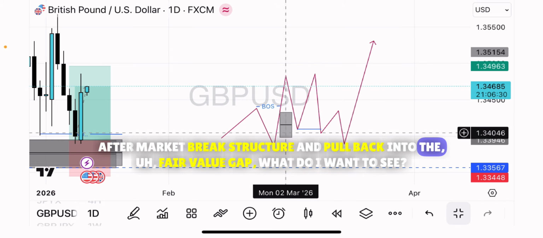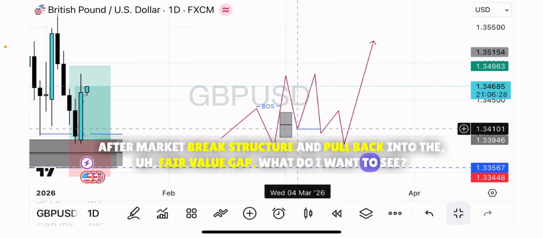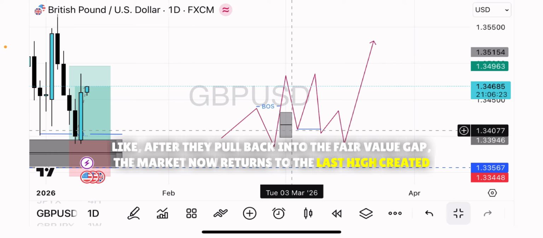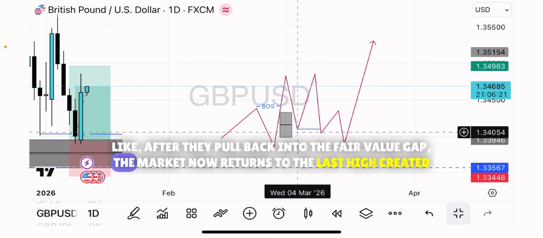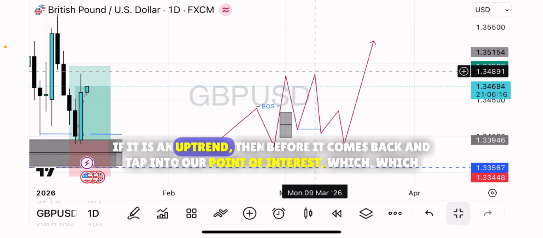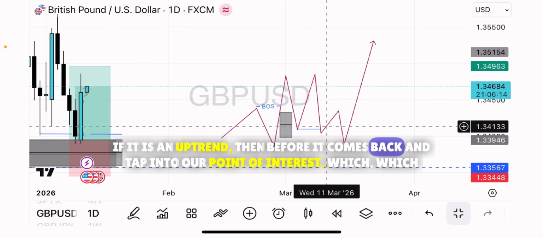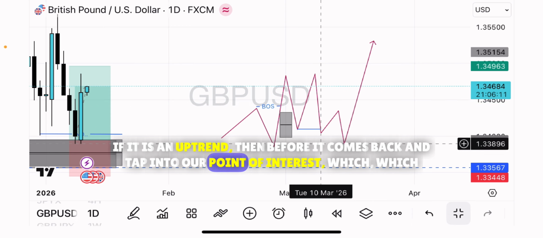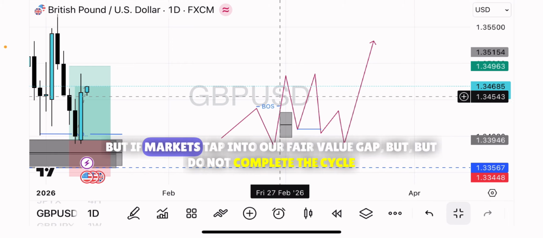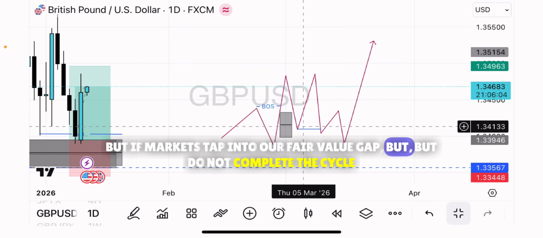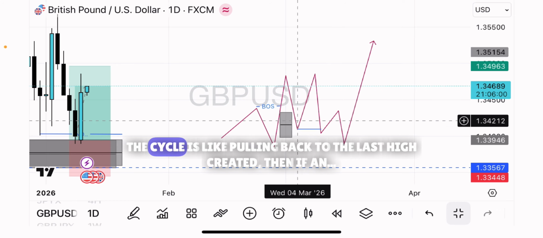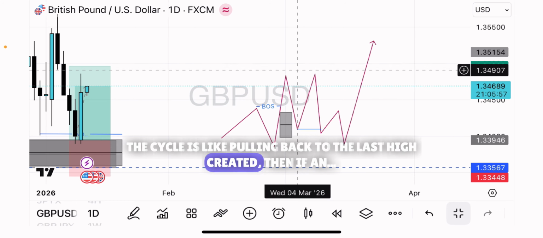pulls back into the fair value gap, what do I want to see? I want to see the market going back, like after the pullback into the fair value gap, the market now returns to the last high created if it is an uptrend, before it comes back and taps into our point of interest, which is our order block. But if the market taps into our fair value gap but does not complete the cycle, like pulling back to the last high created, then